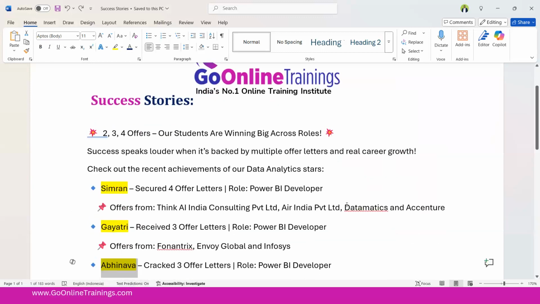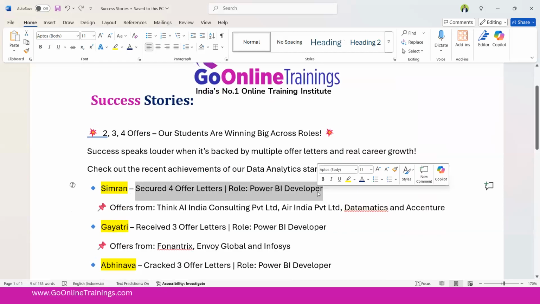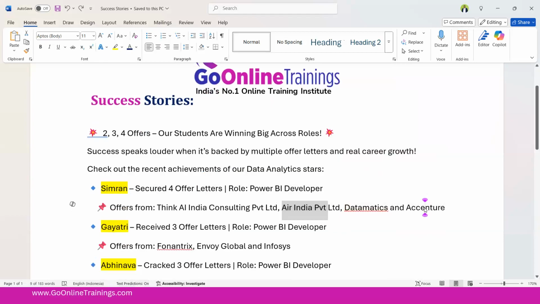So now we can see Simran from Chhattisgarh, Madhya Pradesh. She was working in Chandigarh in a call center, earning 4 to 5 lakh salary. She got 4 offer letters last year. 4 offer letters. Everybody is talking about recession. So think AI and Air India Limited, Datamatics and Accenture. These are the 4 offer letters. Some 4 lakhs to 16 lakhs she got in Accenture, and Air India has given 14 lakhs, and I think Think AI has given 12 lakhs. So like that, she got 4 offer letters, a BTech working in a call center for more than 4, 5 years